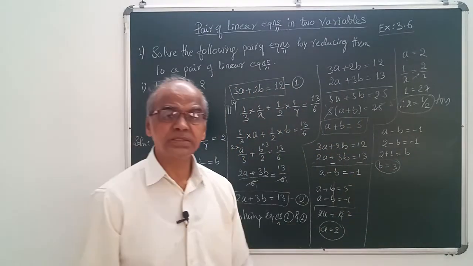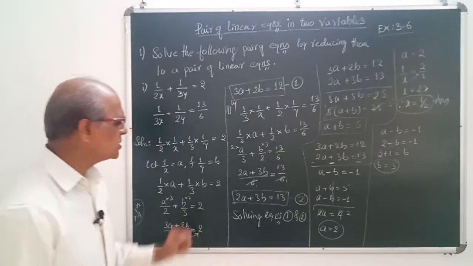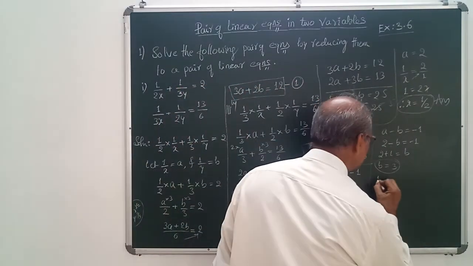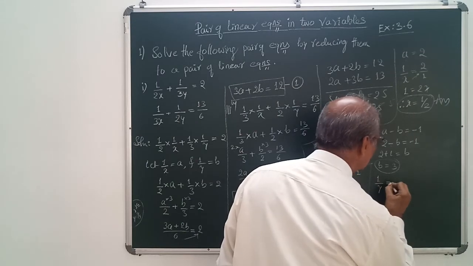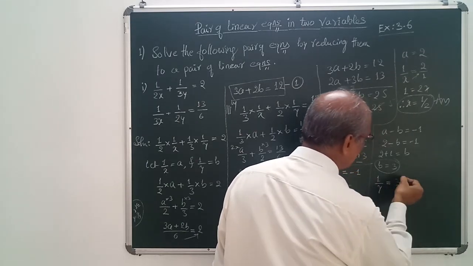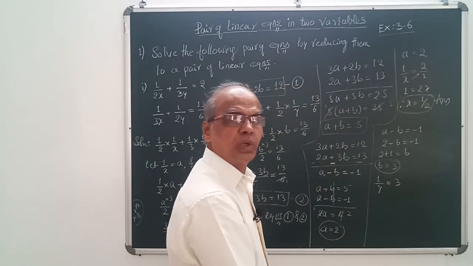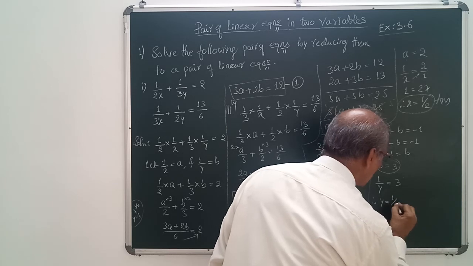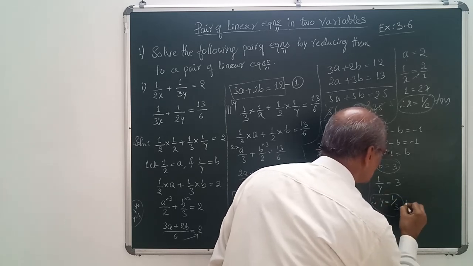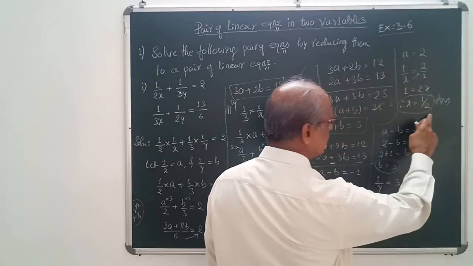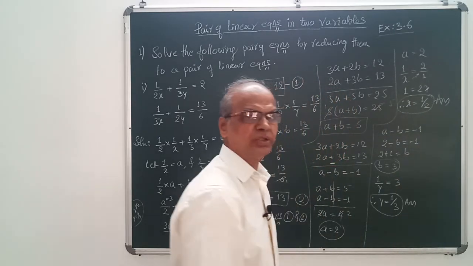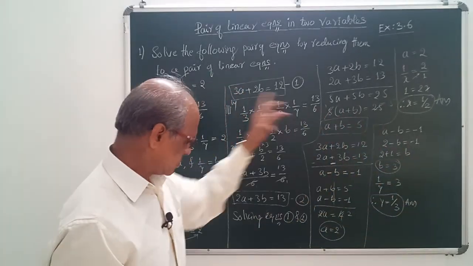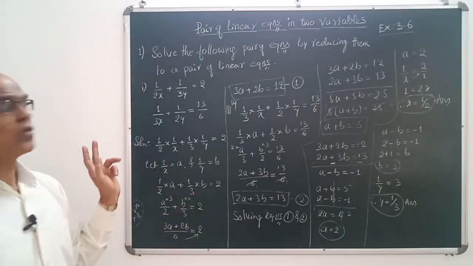Understood? This is not our answer. What is b? b is nothing but 1 by y. Substitute for b. That means 1 by y is equal to 3. Again send this y to that side and bring this 3 to the LHS. In that case what happens? y is equal to 1 by 3. This is your y value. So your x value is 1 by 2 and your y value is 1 by 3. You can check the textbook answers; the same things are there. Now just note a point, then I will go for the second one.